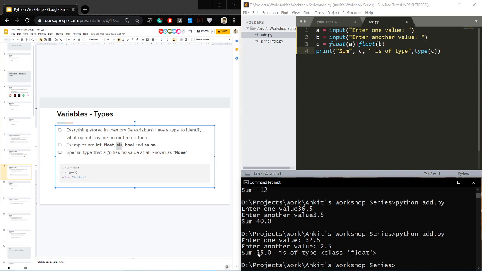So as you can see, the sum, even though it is technically an integer, like 35 could be saved as an int as well. Since you added two floats, it's like, okay, float plus float is float. Makes sense. So it just saves it as a float. I hope you guys have been able to follow,